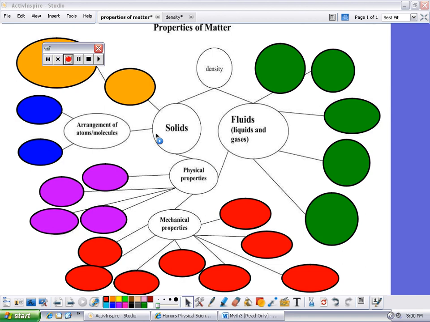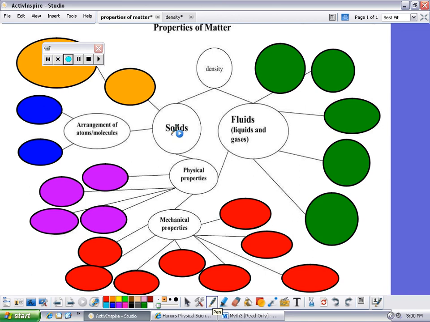This is the properties of matter for Chapter 10. We have talked about what matter is, that it is everything that has mass and takes up space. The first property that all matter has in common, solids and your fluids, which consist of your liquids and your gases, is density. So we're going to continue on and look at